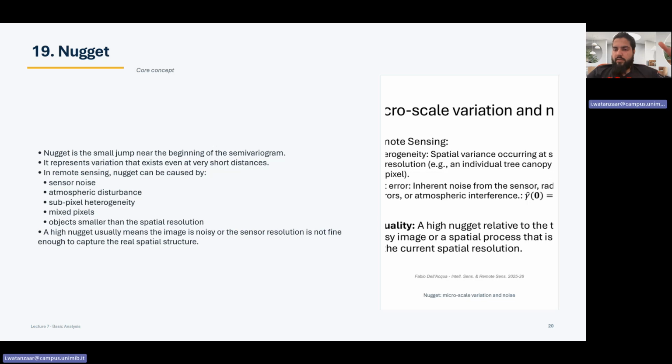We have already seen that a high nugget means that there is high distortion or high noise. So a high nugget usually means the image is noisy or the sensor resolution is not fine enough to capture the real spatial structure. We have seen multiple types of analysis, starting from data correction,